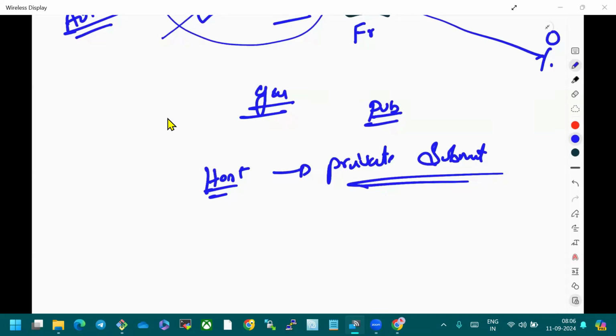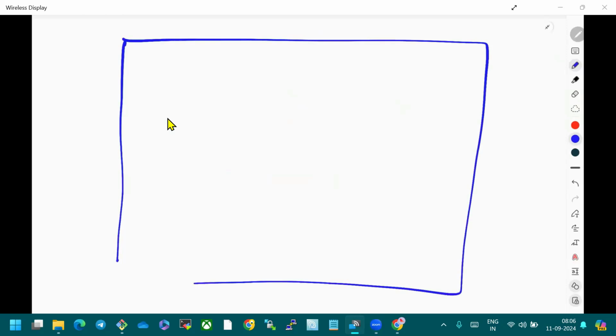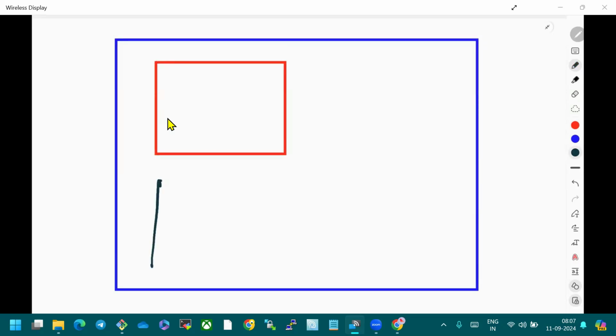Okay. So now you understood what is a public subnet, what is a VPC, right? This is my VPC. And what I'm doing is dividing this larger network into smaller network areas called subnets. The first one is my public subnet and the second one is my private subnet.